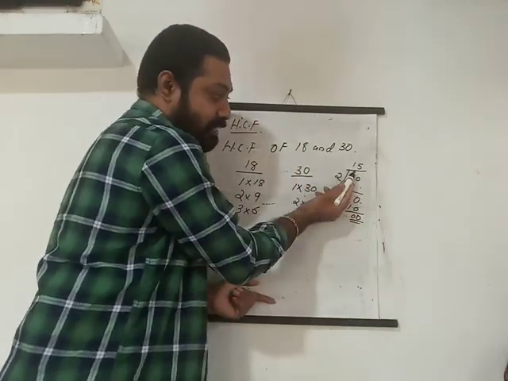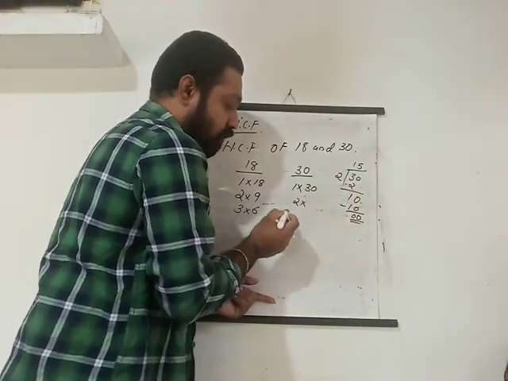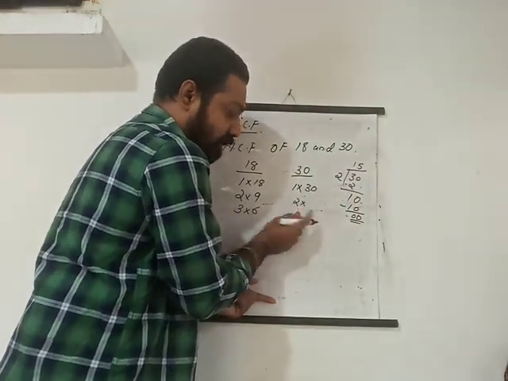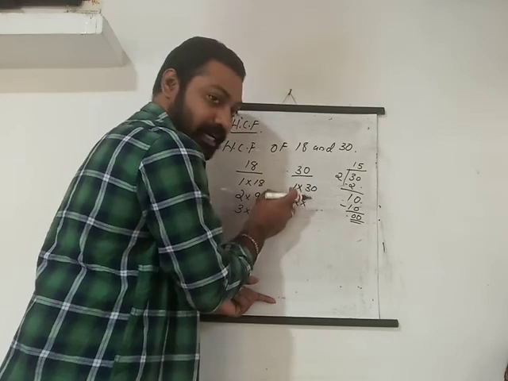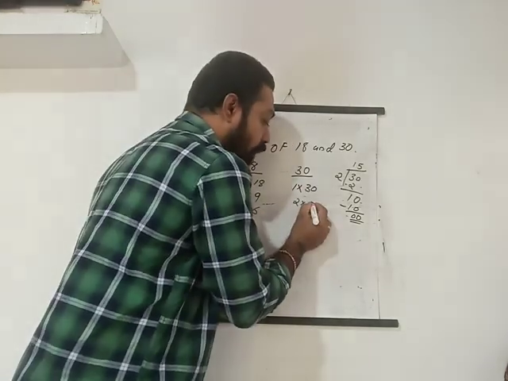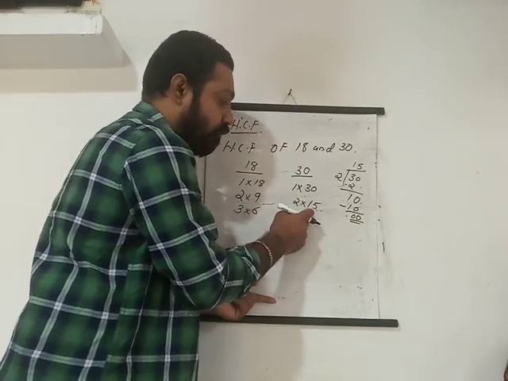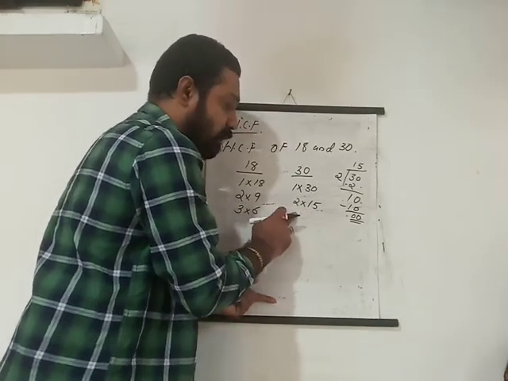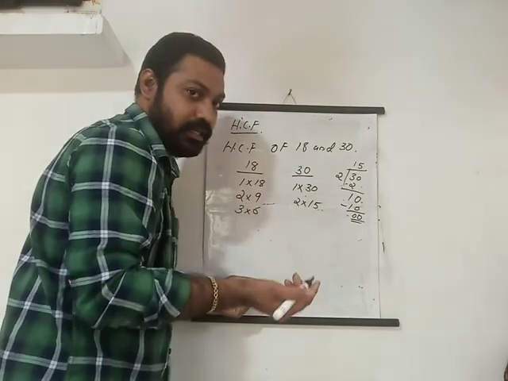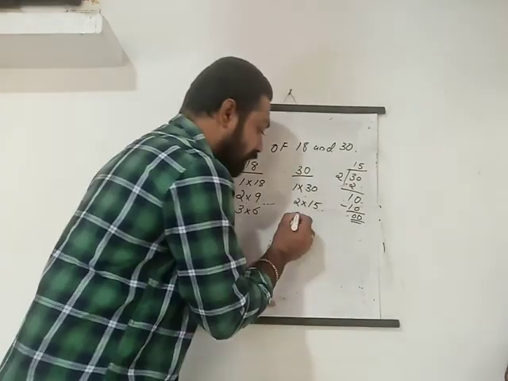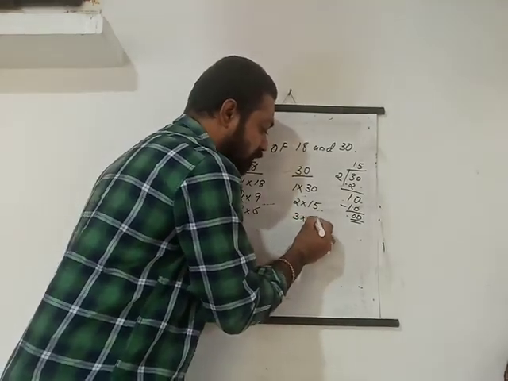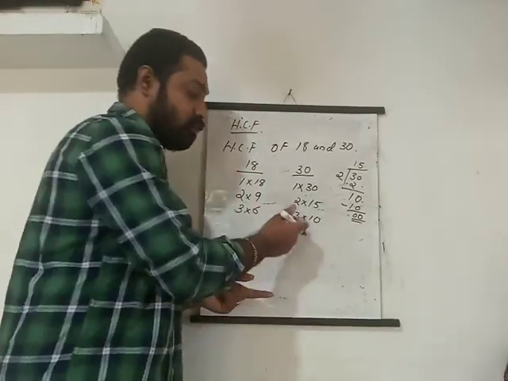Okay. What is the answer? 15 we get. Understand? So if you don't know how many times of this a number is this, our number 30, what do you have to do? You have to divide this number with this one. Okay. Then 2 into 15 is 30. You can see that. Then 3 is there. 3 10s are 30. Isn't it? That is the final number. Isn't it? 3 10s are 30.